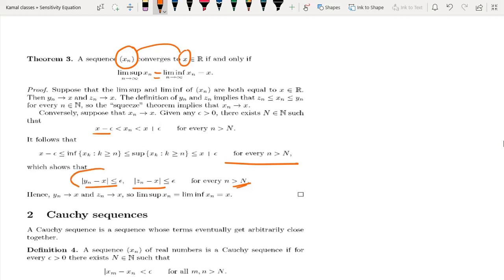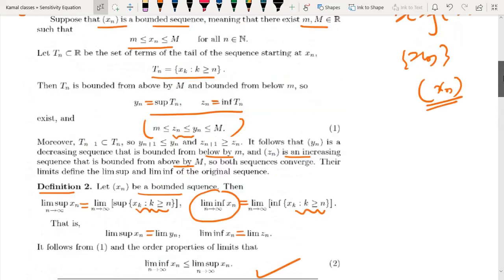Due to that reason, and this x tending towards yn, which we have just defined as the limit infimum and limit supremum, this kind of relation comes into the picture. So whenever we talk about convergence, we are just going to talk about the limit supremum or limit infimum, provided we have sequences. Okay, does anyone have confusion? And Cauchy sequence I have already taught, so I am not going to discuss it in today's lecture.